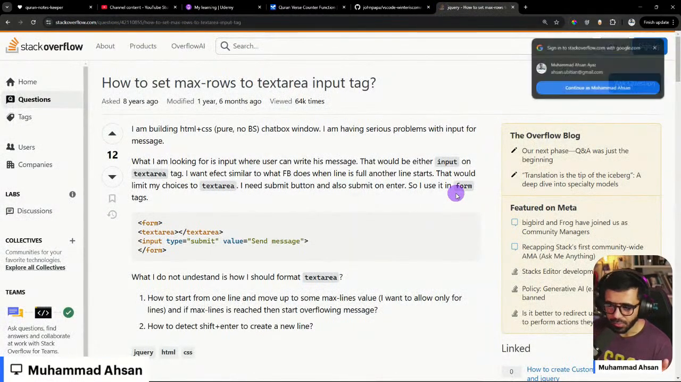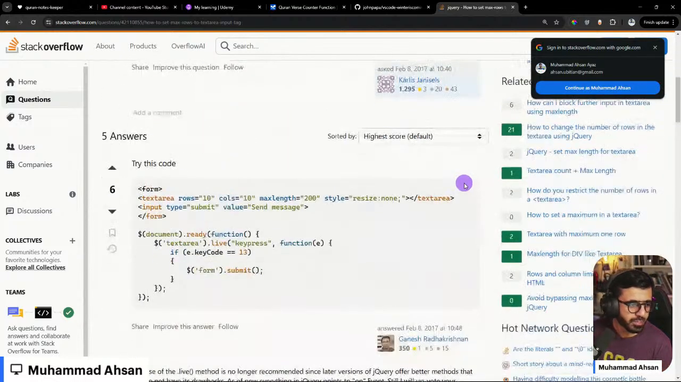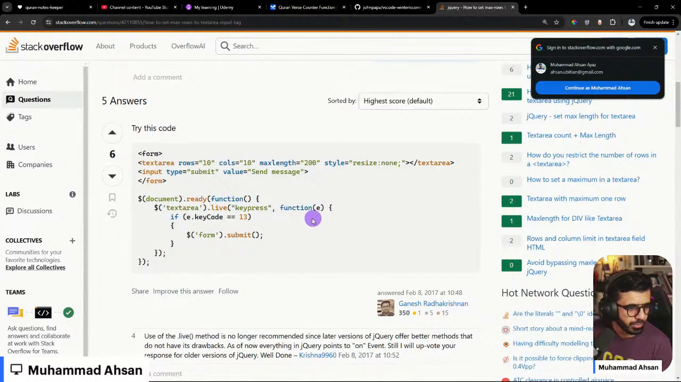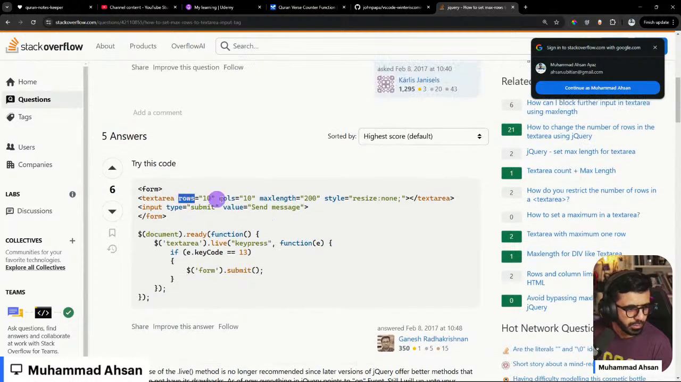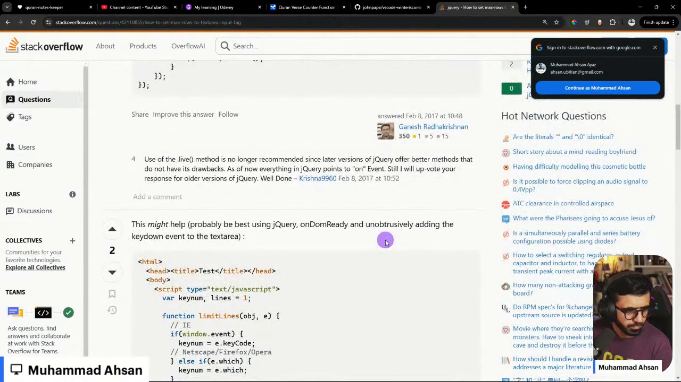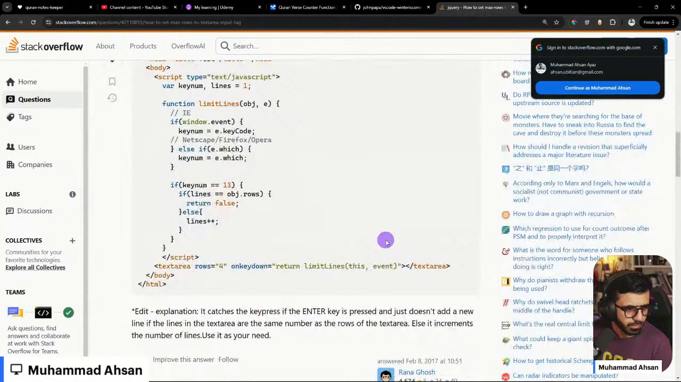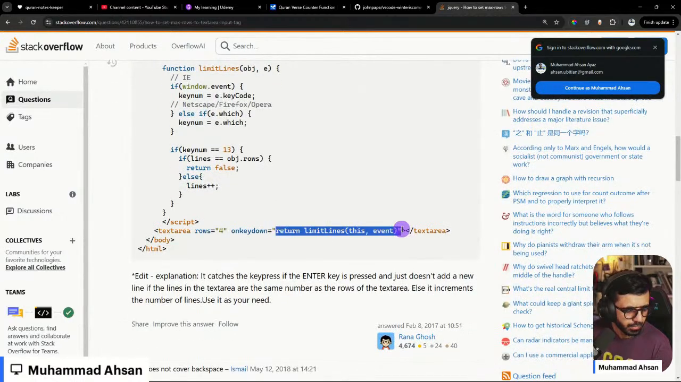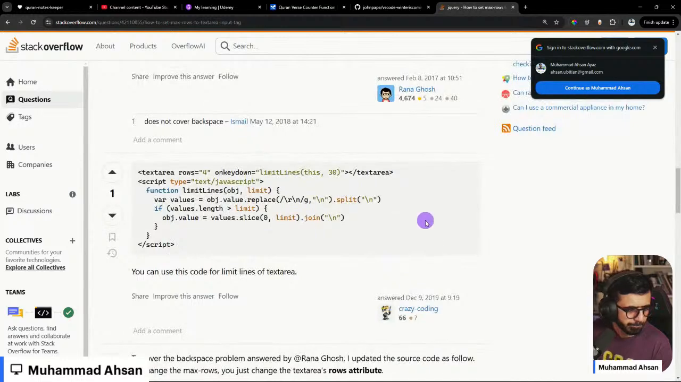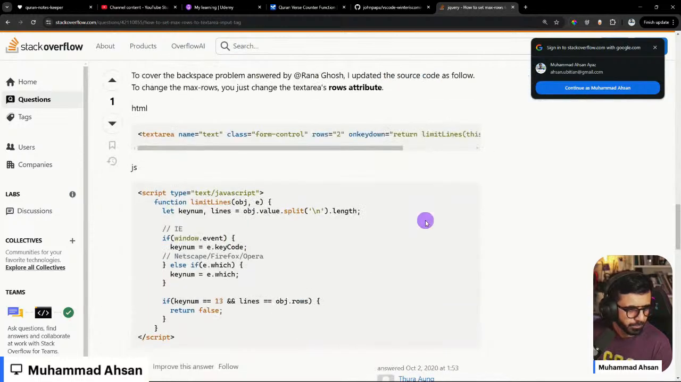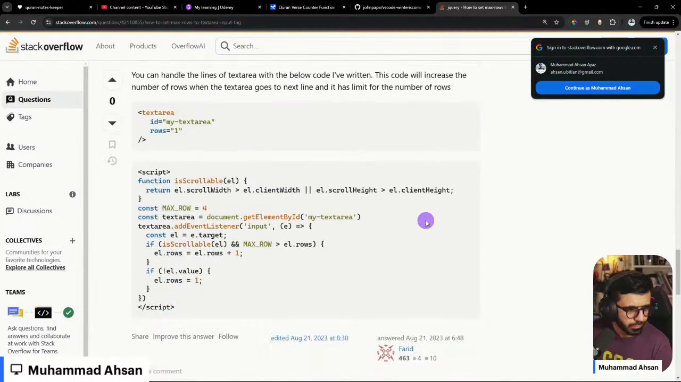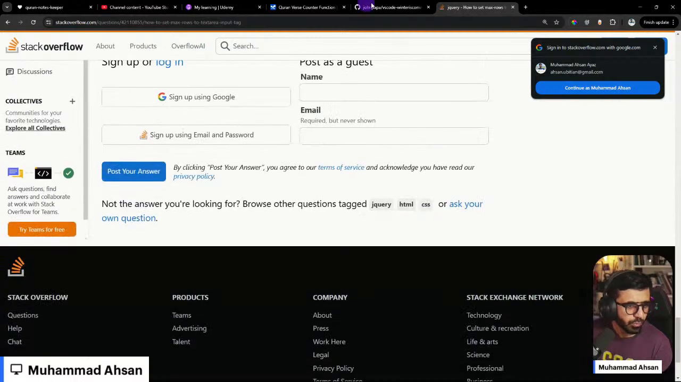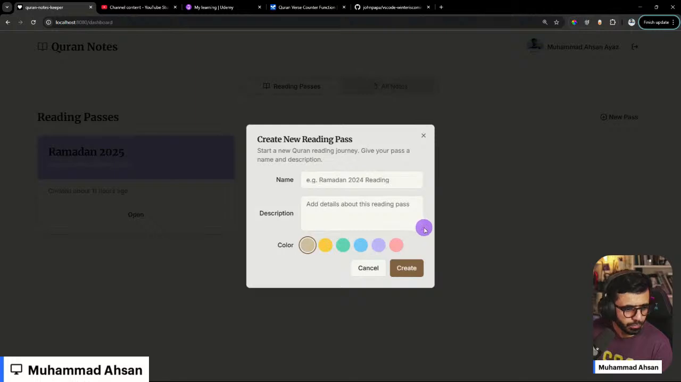By the way, this is how you do it. This is how you develop. You Google stuff. There's no shame in it, to be honest. Rows 10 cols 10. No. No, I don't think there's a good way to do it. We would have to just